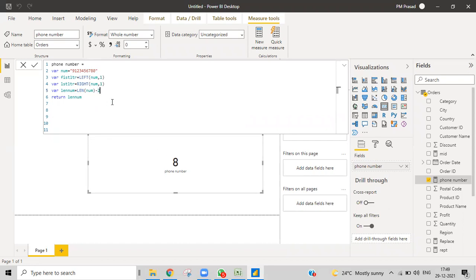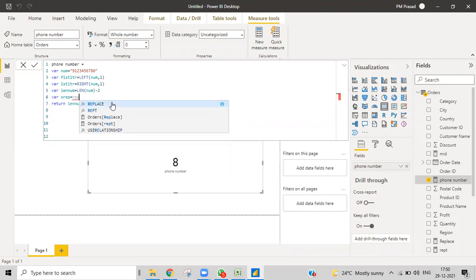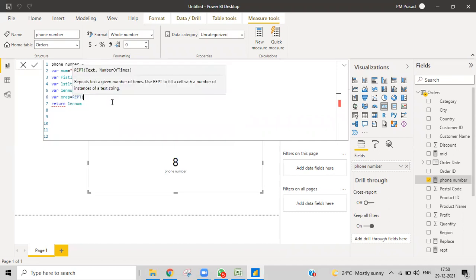Again, I'll come out here, Alt Enter, the variable, and then here I'll write X repeat. I'm trying to repeat X that many times, so equal to REPT, repeat. I'm using that. I want to repeat X that many times. How many times do I want to repeat? I want to repeat length of num.